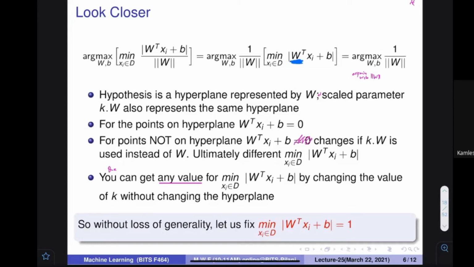But we have seen that there could be infinitely many parameters. If I change the value of W, this quantity would change. So if I want to minimize it, it would become 0, because every time I can find parameters so that this becomes 0. So the minimization problem has a very serious loophole here. Can you see this? This minimization problem has a very serious loophole.